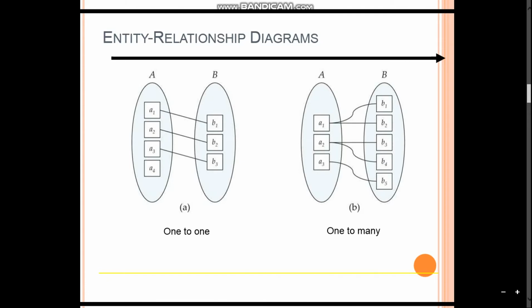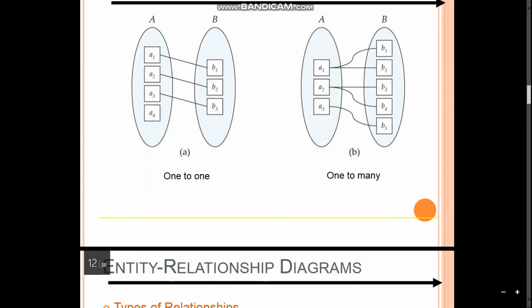Here the instances of the entity A are associated with many instances of B. You can see that one instance of A is associated with two instances of the entity B, and the second instance of the entity A is connected or associated with two instances of B. So it is a one-to-many relationship. Okay,